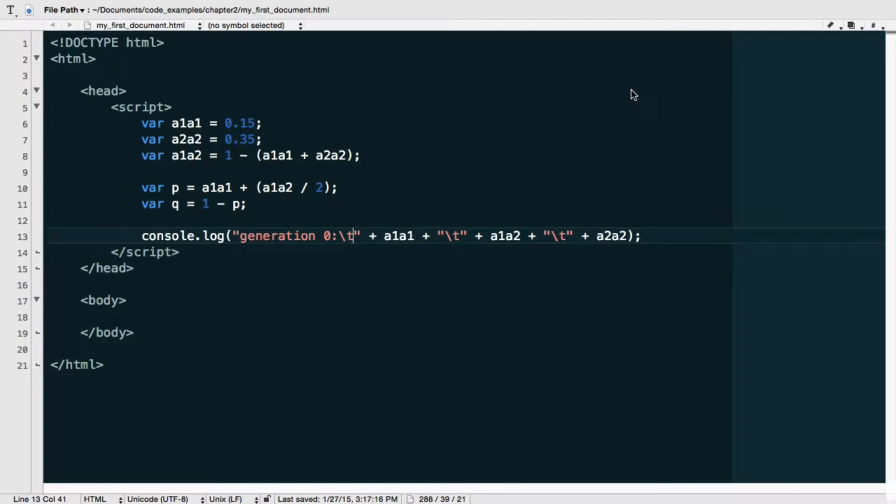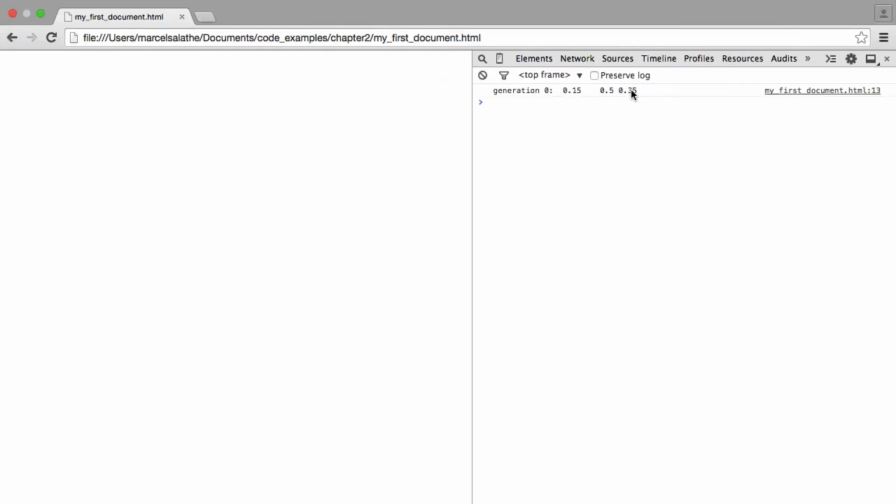Console log is actually a method that takes any number of arguments just separated by commas. So you could just say here, generation 0, and then you would like to print the string A1A1, comma, and then the string A1A2, and then finally the string A2A2. And this would by and large do the same thing. So if I would save this here and then reload the document, it's color coded slightly differently, but it actually looks even a little nicer. So I'm going to just use this